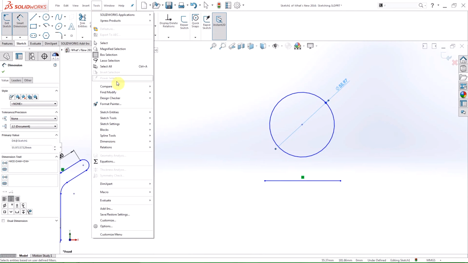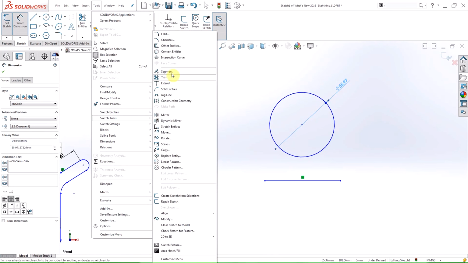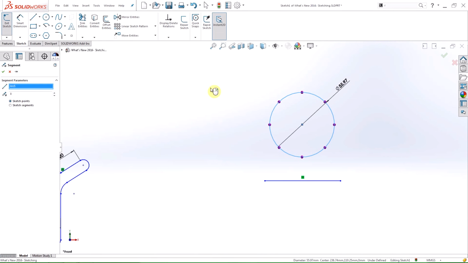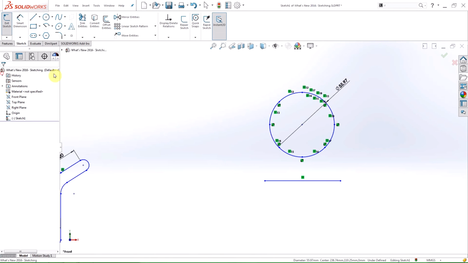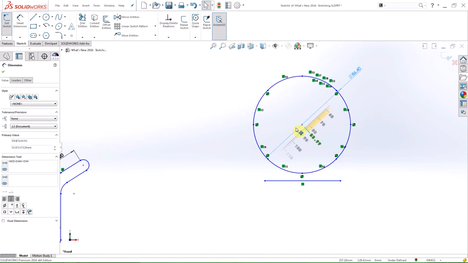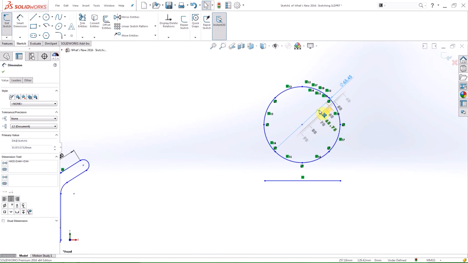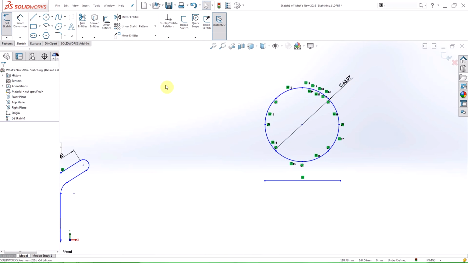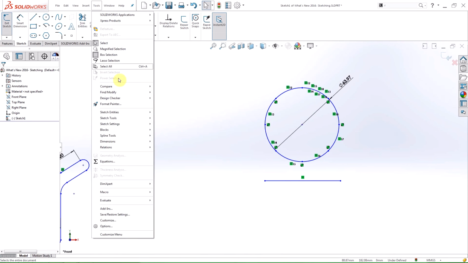sketch a circle. When using the Sketch Segment tool on an arc or circle, an equal length relation is given to the newly created segments. So when I change the size of the circle, or one of its segments, the points stay evenly spaced and the segments stay at an equal length. Previously, only a co-radial relation was given to the segments, and the equal spacing was lost if any adjustments in